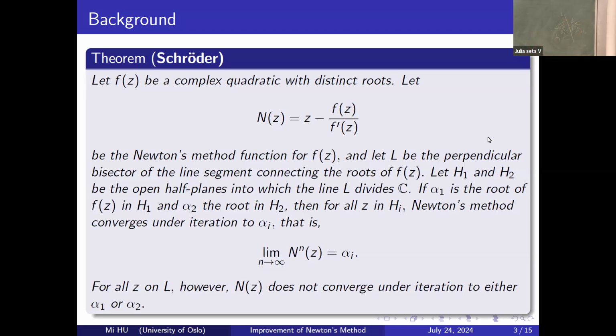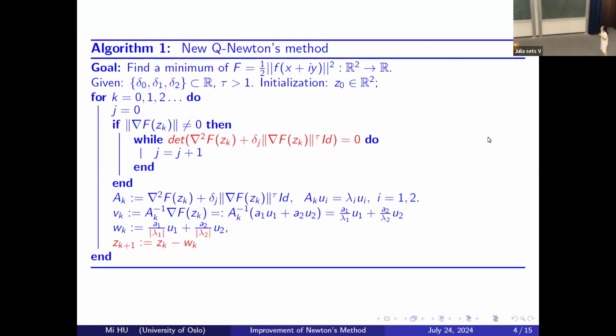So this is the Newton method, and it's very popular. It also has many applications, like solving systems of equations and also some optimizations. So let's say this is an application of the Newton method. The goal is to find the minimum of capital F from R2 to R. So if you want to find the minimum of capital F, you need to